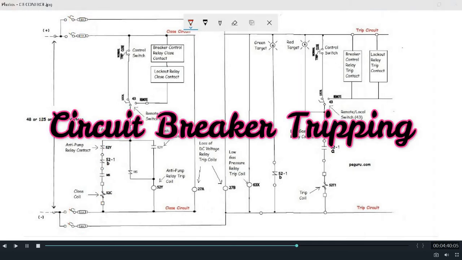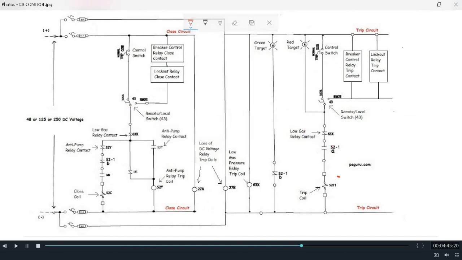Now if we talk about the trip circuit, then also we can see the trip coil is directly connected to the negative supply. So on getting the negative supply directly to the coil, the negative supply will be further forwarded towards its upper side and the signal shall pass towards 521A, the NO contact of the circuit breaker. For a circuit breaker to trip, the circuit breaker is to be in closed condition. So in closed condition, the NO contact, that is 521A, will be in closed condition when the circuit breaker is in closed condition. Hence the negative signal will further move towards 63X.